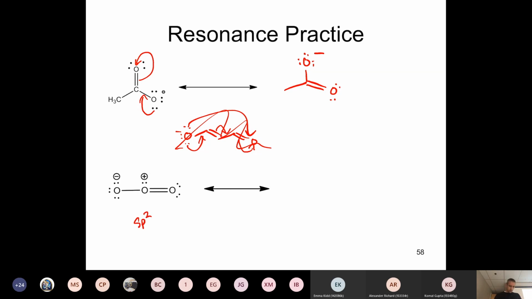So again, what we want to do here is move a pair of electrons on the oxygen to the adjacent bond. We can't just stop there, though. If we did stop there, that oxygen would have 5 pairs of electrons around it. That would exceed its octet, and you cannot exceed the octet for oxygen because it's in row 2. So what we need to do is take the pair from the OO double bond and keep moving them. And we can move it onto the oxygen, and you end up with,